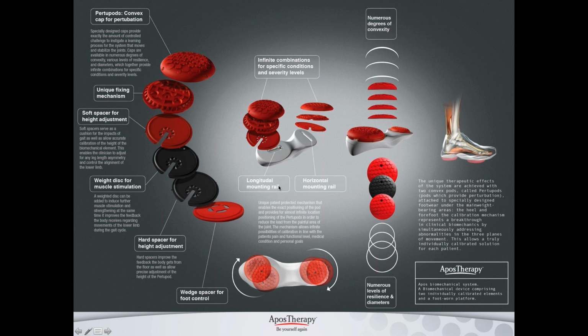As you can see here, there are lots of different variations of the pods and things that we can change. With the device itself, we can change the positions of the pods, so we can move them forward, back, side to side to change where the force goes. We have different levels of convexity, going from a fairly flat pod and gradually higher and higher. As your muscles get better at controlling the device, we can challenge your muscles further. And there are different weights and spacers that we can add in, again, to further challenge your muscles, but also to give you more feedback to the joint as well.